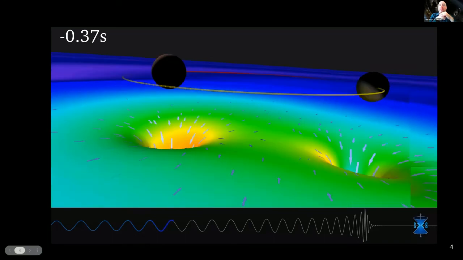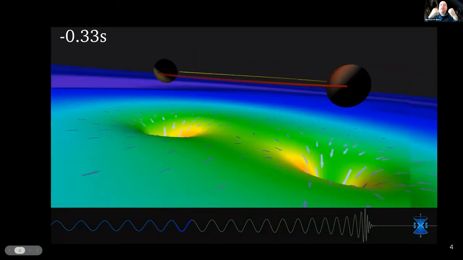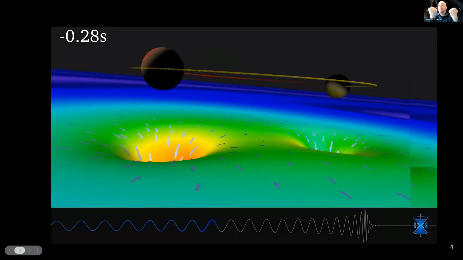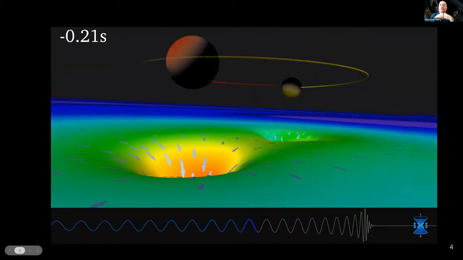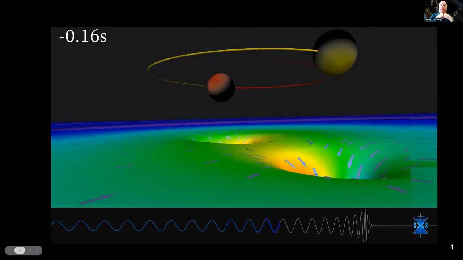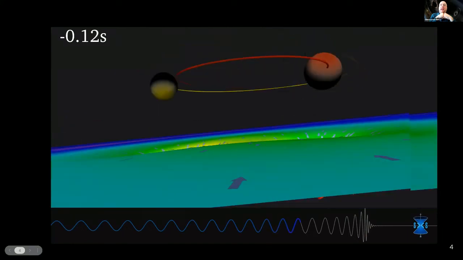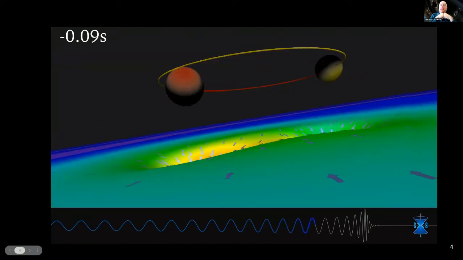As the binary loses energy and angular momentum, it shrinks. So the binary gets closer together, the orbital frequency goes up, and it emits more gravitational waves. So we have a runaway process. Frequency goes up, they get closer together, and then eventually these two will plunge in and merge, form a bigger black hole,